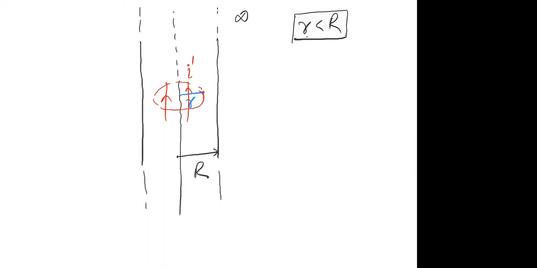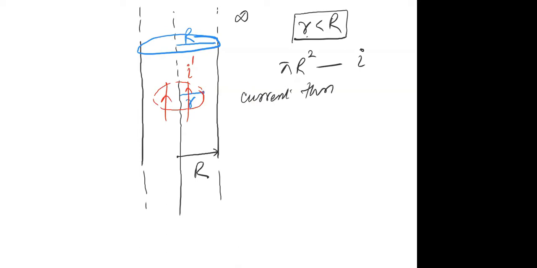Now, to find this I dash, try to understand what I'm writing. The whole cylinder has a cross-sectional area of pi r square, and the total current passing through pi r square is I. So what will be the current through unit area? I am applying the unitary method. Don't you think it would be I upon pi r square? Tell me yes or no.